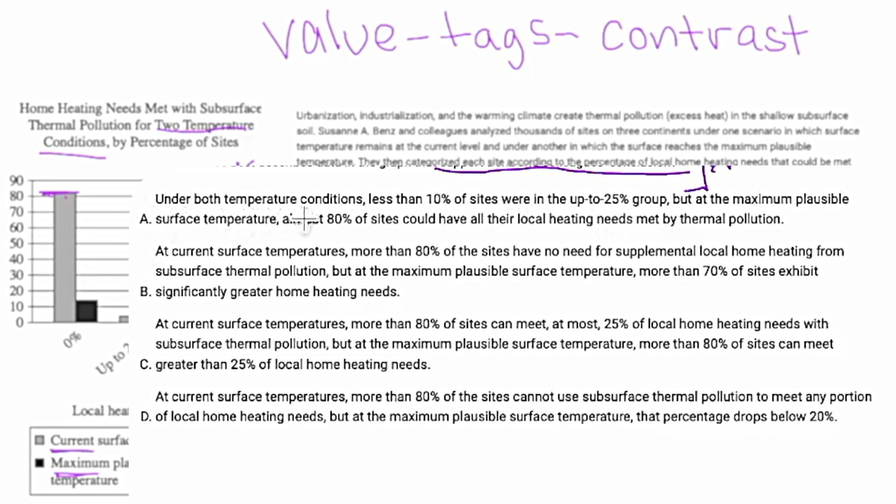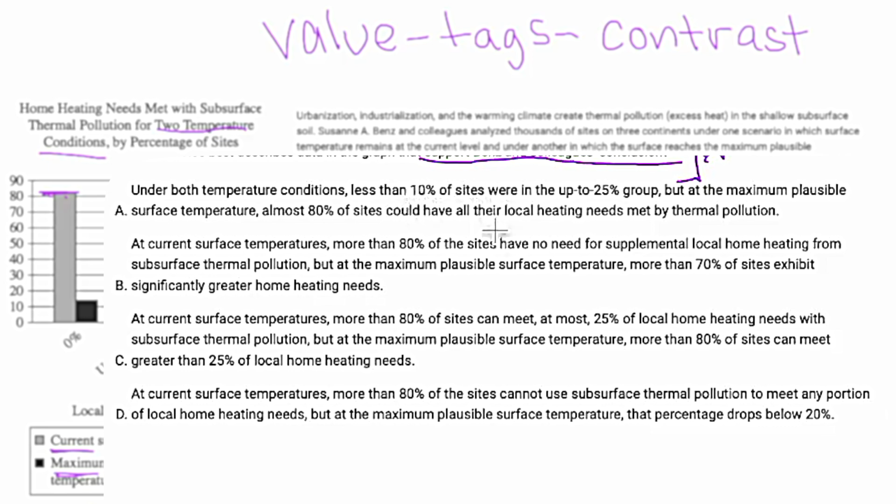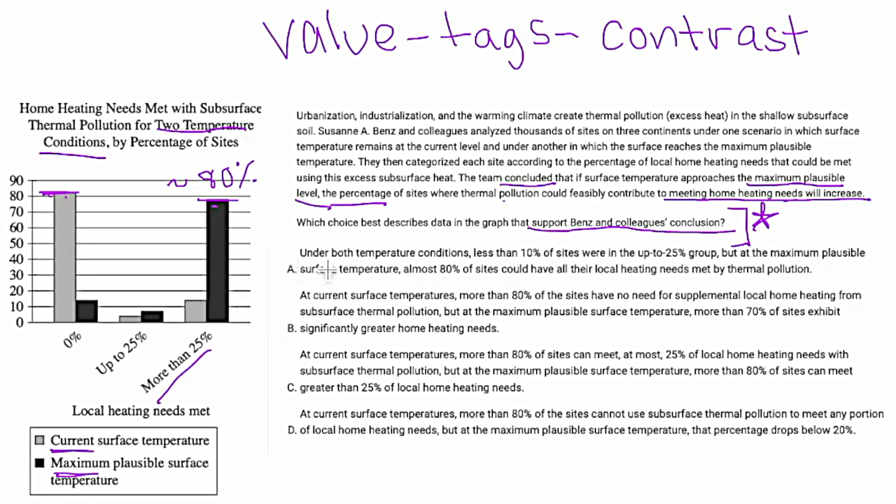So A, under both temperature conditions, less than 10% of sites were in the up to 25% group. But at the maximum plausible surface temperature, almost 80% of sites could have all their local heating needs met by thermal pollution. Okay, so under both temperature conditions, less than 10% of sites were in the up to 25% group. That's true. But at the maximum plausible surface temperature, almost 80% of sites could have all their local heating needs met by thermal pollution. So we do see that this is less than 10% here, but there is nothing that